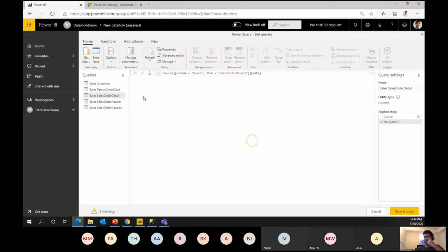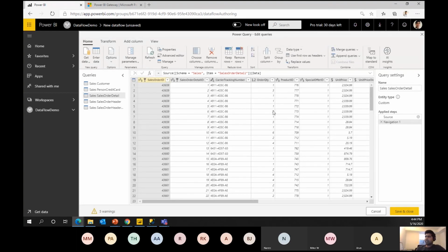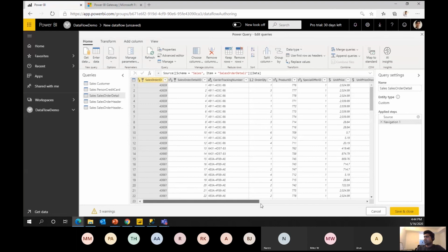So let's see the data first. It may take a couple of minutes because it is trying to fetch the data from my on-premise and it depends on my network connectivity. So this is the data.